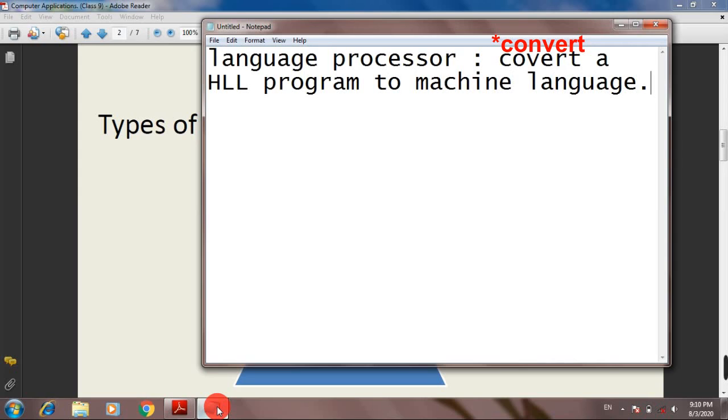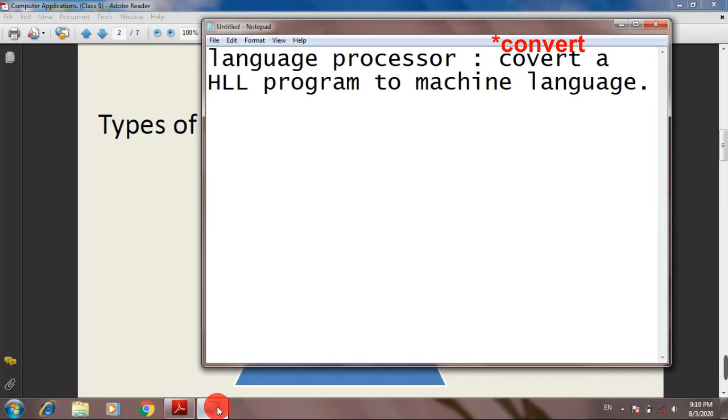So we users generally use high level languages to give instruction to computers, but those high level language programs are not understandable to the computer, so there is need of a process of conversion so that the computer can also understand the instruction.